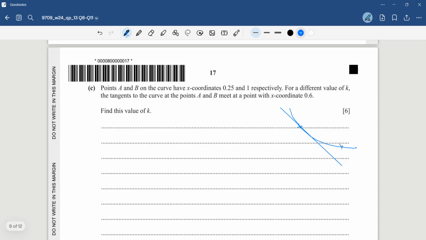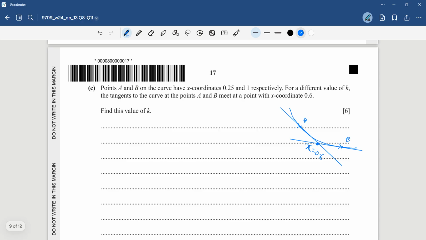Okay, and let's say this is my point B. A and point B. Okay, so at this point my x coordinate is 0.6. So what I'm going to do is now I'm going to find the equation of tangent to A. I will find the equation of tangent to A,